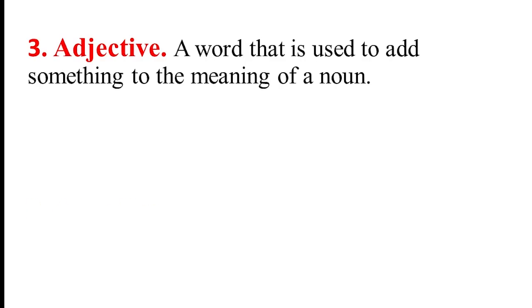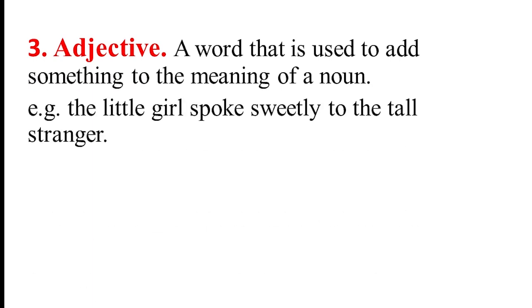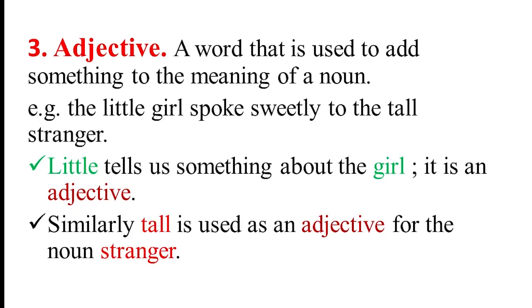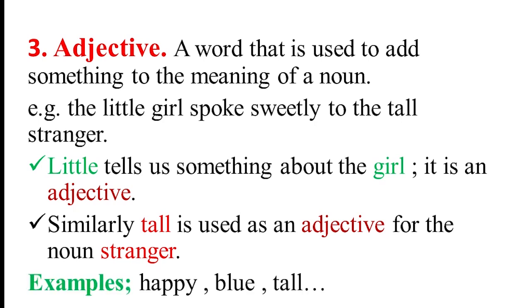And the third one is adjective. An adjective is a word that is used to add something to the meaning of a noun. For example, the little girl spoke sweetly to the tall stranger. Little tells us something about the girl. It is an adjective. Similarly, tall is used as an adjective for the noun stranger. Other examples like happy, blue, tall, and so on